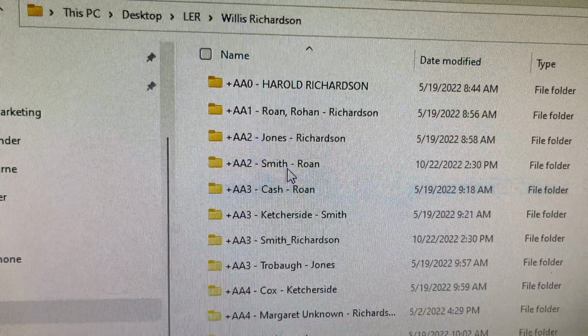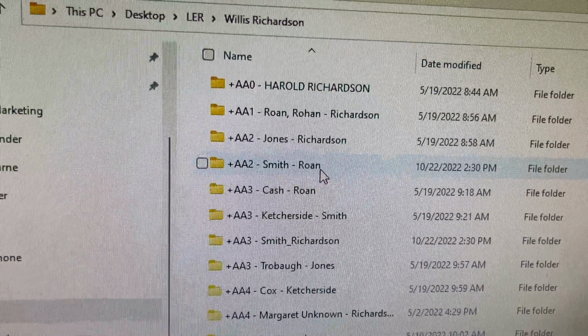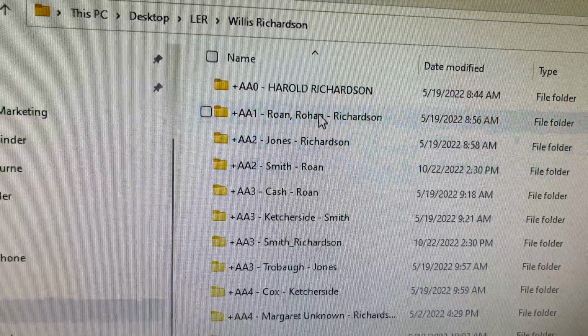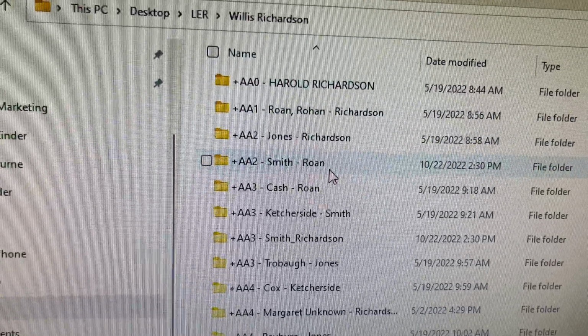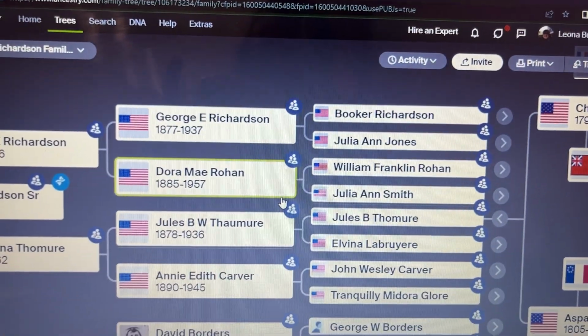So we come back over here. AA2 Smith is married to a Rohan, and I should probably put a comma and a Rohan just to keep it consistent. All right. So if we go back over here,